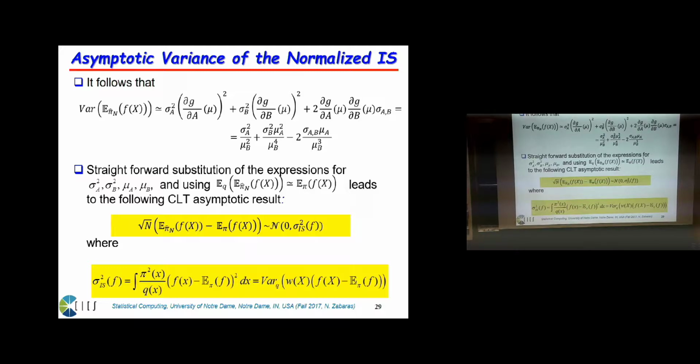Right? So the first term, basically when I expand the variance, the first term will be this. And the second term, which will be the expectation of this times the expectation of that, will be 0, because you have E of f minus the exact E of f, and it gives you 0. So basically, the asymptotic variance of the